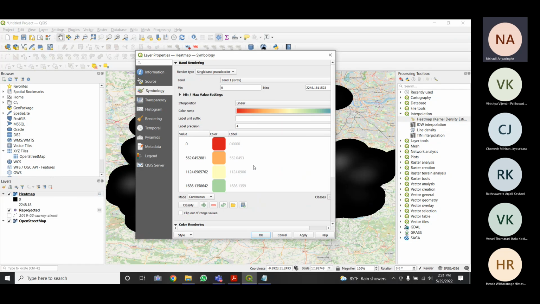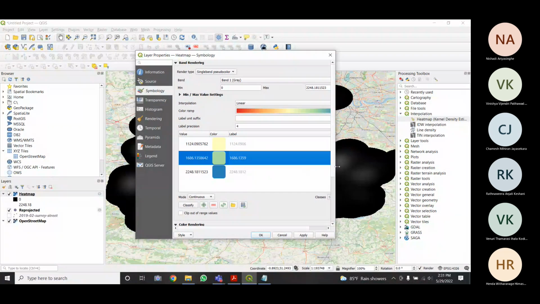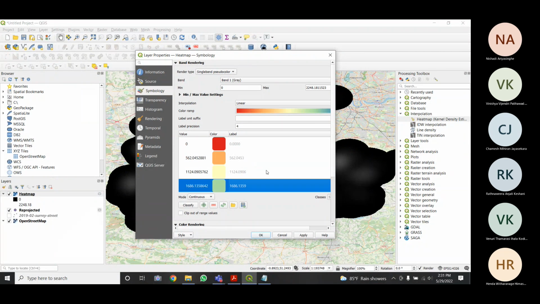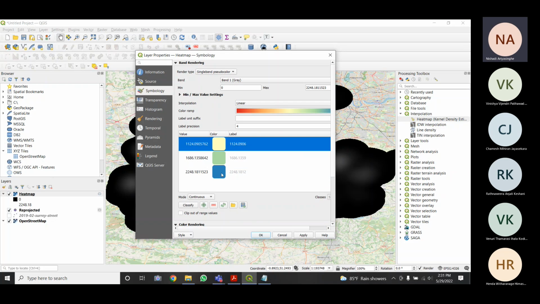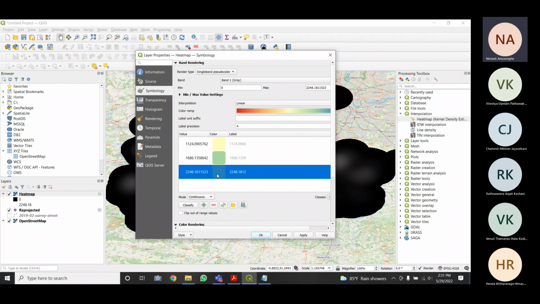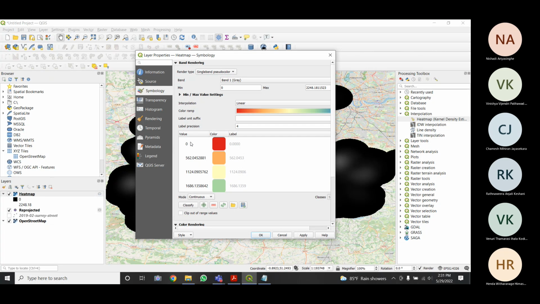So maybe select this color ramp. Here you can see the values. There are 1, 2, 3, 4, 5 values. These values depend on the number of weights that we have given. Remember, we gave the weights 10, 8, 6, 4, 2, and 1, right? And 0.